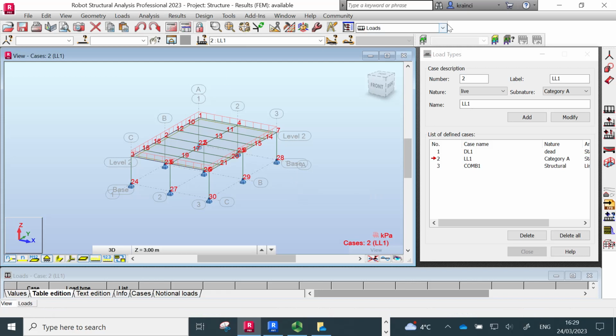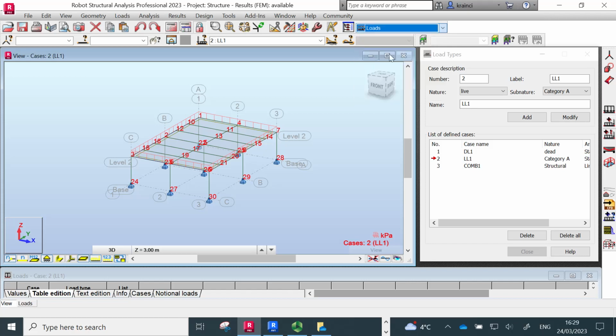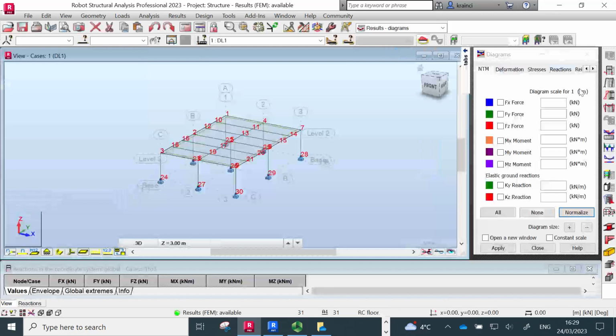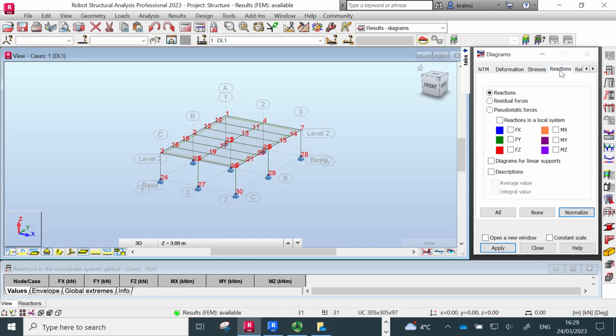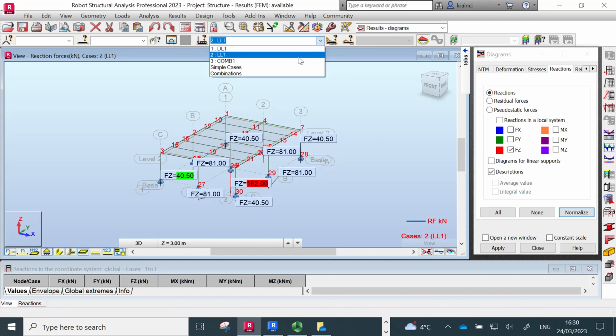And now that we've done the analysis, we go and review the results. On the diagrams, the first thing to check are the reactions, vertical reactions. Click on descriptions and apply. So these are reactions from the dead load, from the live load, from the combination load,